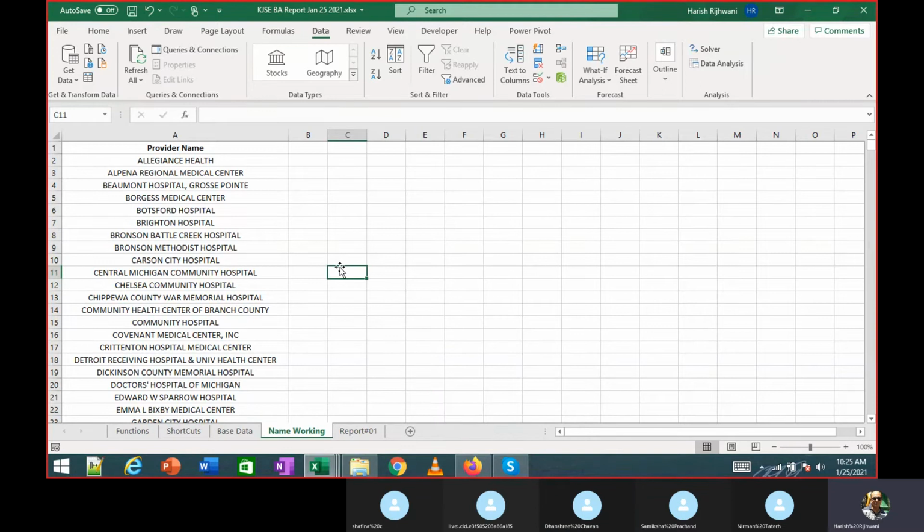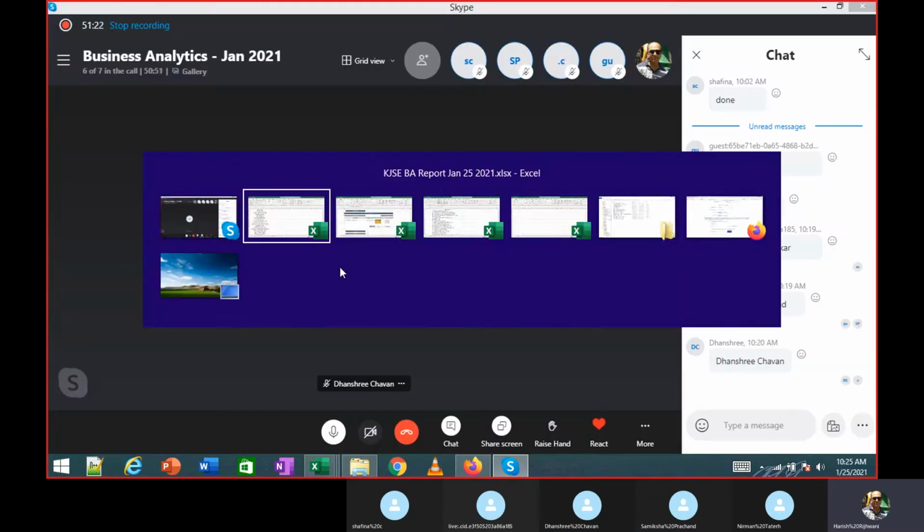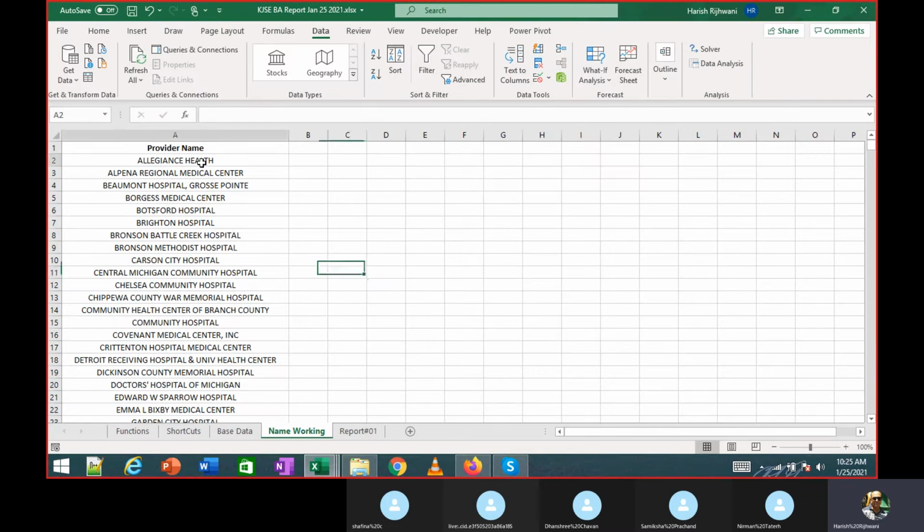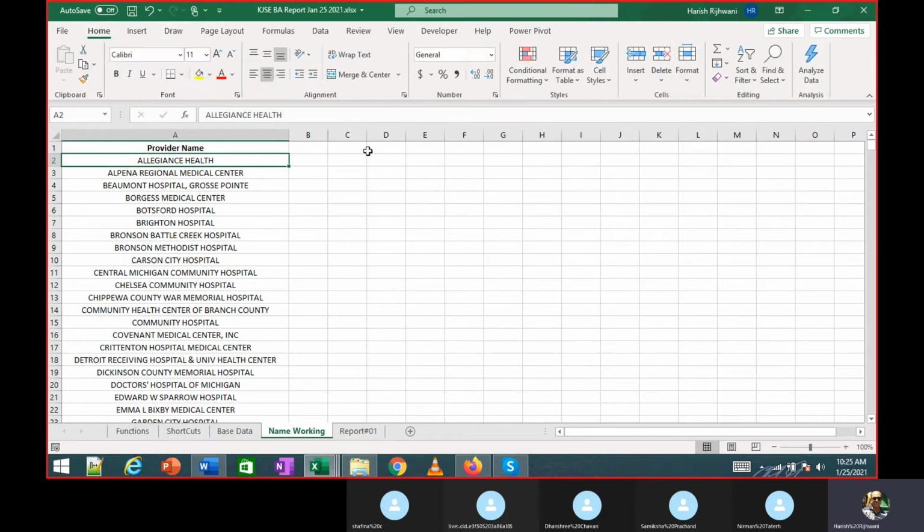Alrighty. Now one more formula which you're going to use is, you see this? How is the font of this particular hospital name? And how is the font over here? This is all caps, and I want to convert that into normal text.